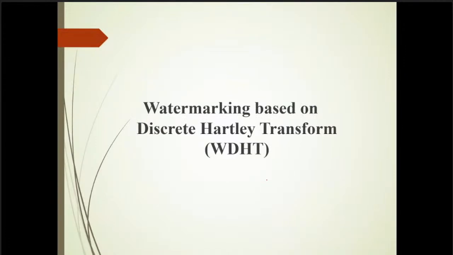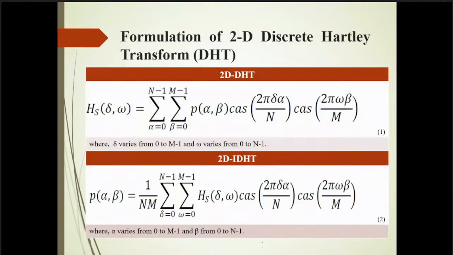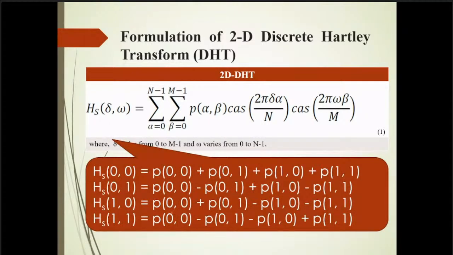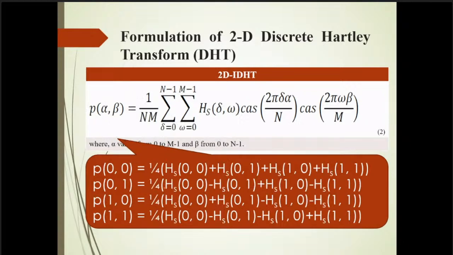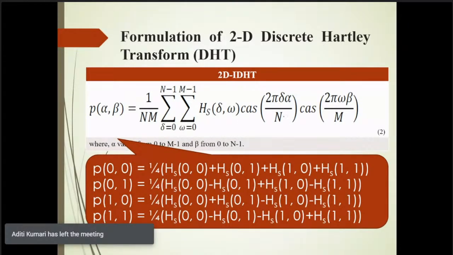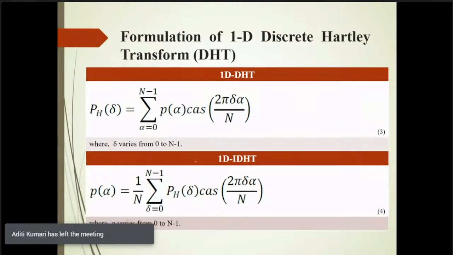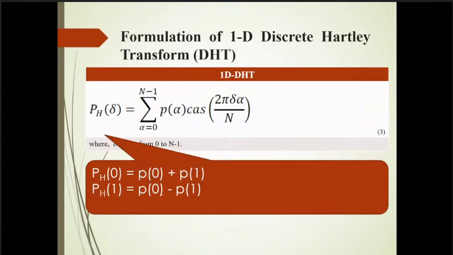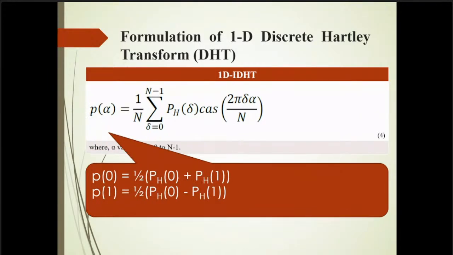The first is discrete Hartley. Let us consider that this is the equation for discrete Hartley, and if you go for 2 cross 2 and 1 cross 2, this is the 2 cross 2 transform computation, and this is the result. I'm not going into details, it is not possible. You can see it here, or in my book. And if you go for the inverse transform, this is the inverse transform computation. This is the reduced equation from that equation. And for the 1 cross 2 mask, this is the forward computation and this is the inverse computation.